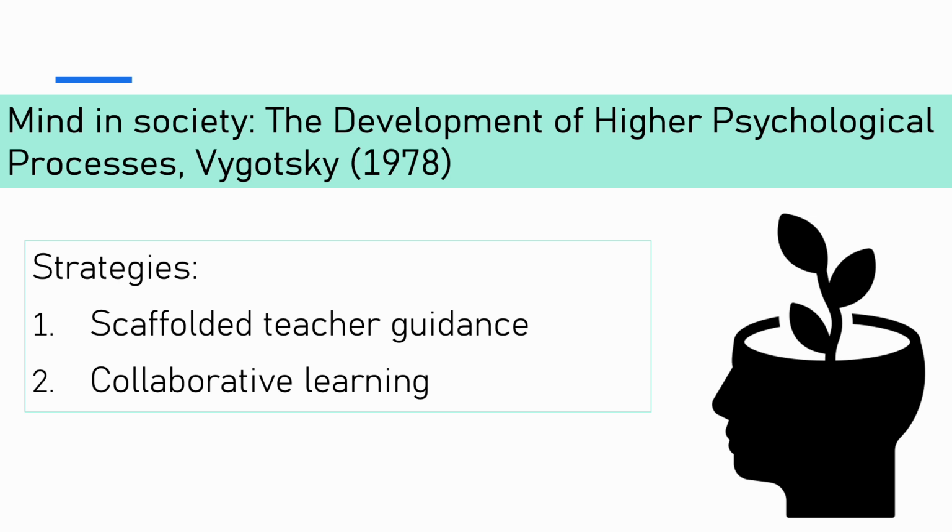Mind in Society, the Development of Higher Psychological Processes, Vygotsky, 1978. Vygotsky argues that pupils learn most effectively when tasks are situated within their zone of proximal development, where appropriate teacher or peer support enables them to achieve beyond their current independent capabilities. This can be applied through scaffolded questioning, modelling, and collaborative learning, gradually withdrawing support as pupils develop confidence and competence. This aligns with stretch and challenge by ensuring that tasks are sufficiently demanding to extend pupils' thinking while remaining accessible